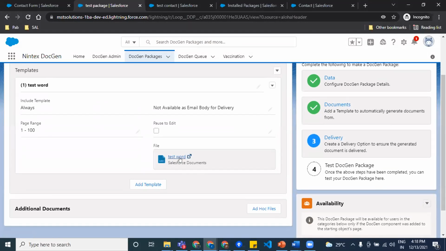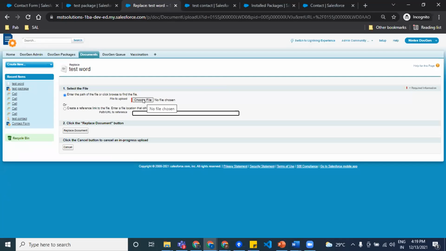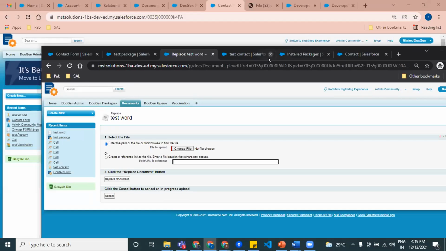And this is the document. So if I want to change the document in future, you can just click this, give replace document, whichever document you feel like to replace, you can just click this button and then choose the file, whichever file is required for now, then you can replace it. So that is how it will work.